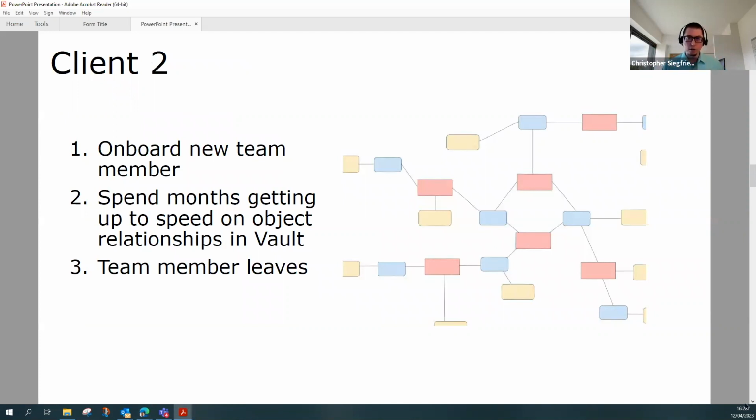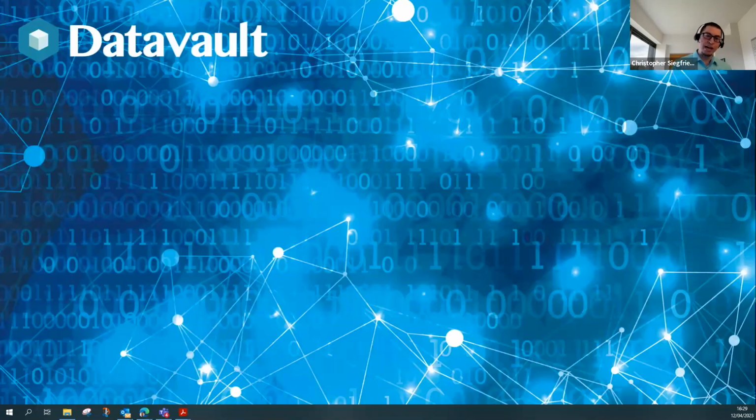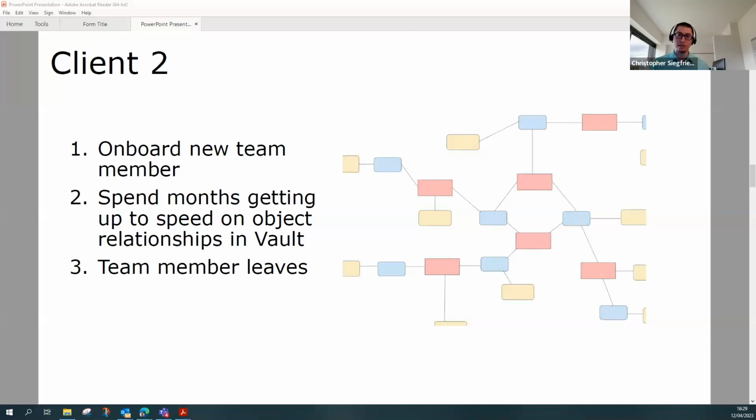That's how their hiring style works. Every year, maybe twice a year, once a year, they get a new member to their data team, and they have to get them up to speed on the data vault. Now, these new members tend to be very well aware of the organization and the organization's business processes, so they're comfortable with the vault once they understand how it works, but they still find themselves having problems navigating the vault,